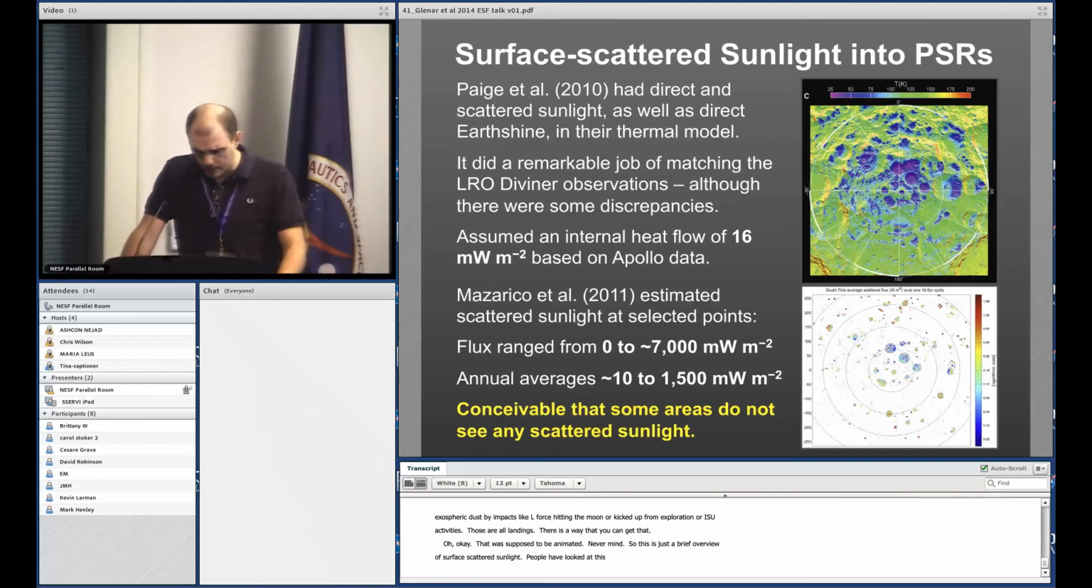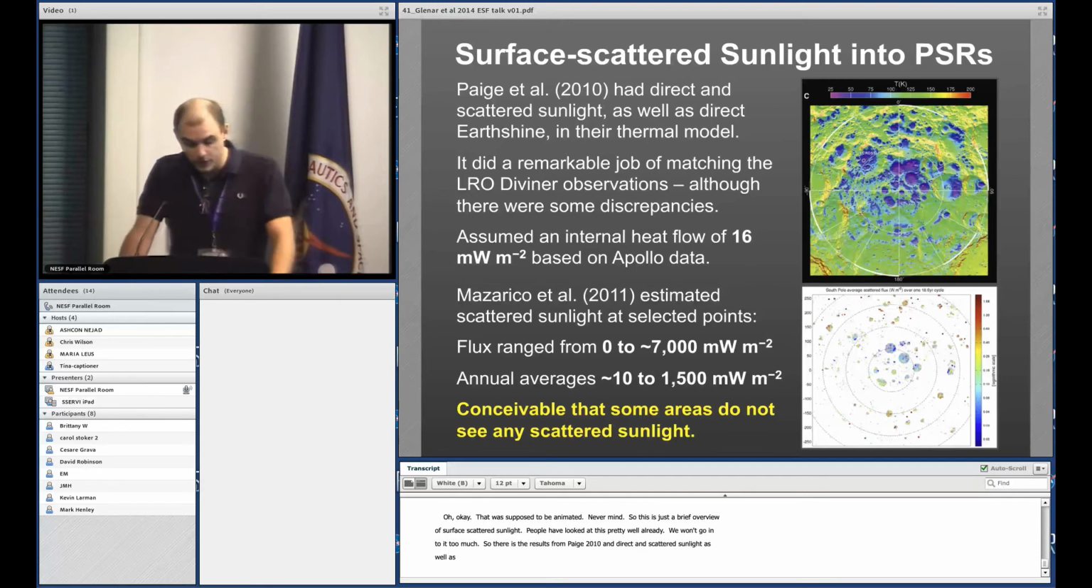So there are the results from Paige et al. 2010, and they had direct and scattered sunlight as well as direct earthshine in their thermal models. And this actually did a really remarkable job of matching the LRO Diviner observations, although there were a few discrepancies here and there, but overall did pretty well. And in their model, they assumed an internal heat flow of 16 milliwatts per meter squared, which is based on